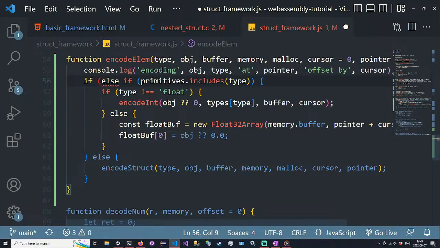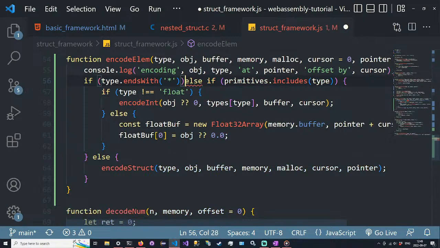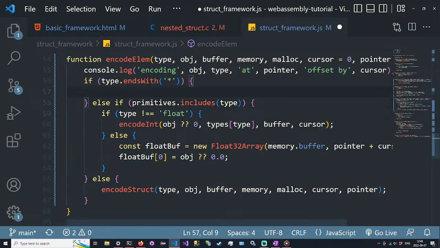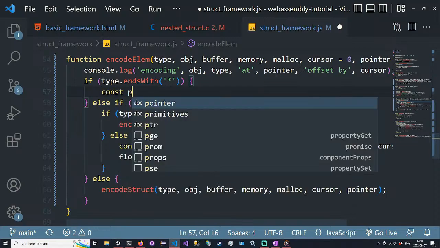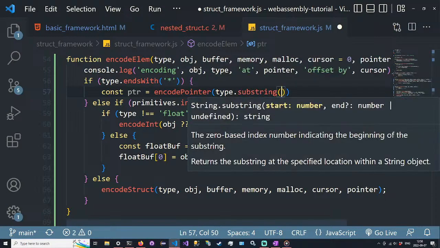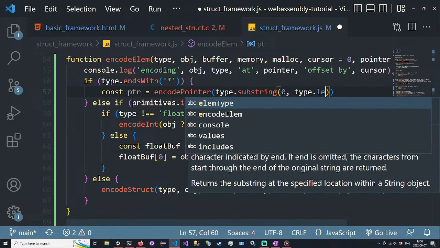So if type dot ends with a star, then we're doing a pointer. So we're going to recall our encode pointer function. What we're going to do in encode element is when we find the pointer, we're going to first get the pointer. So const pointer is equal to encode pointer type.substring. So we want to get everything but the star so we can identify the type. So 0 type.length -1